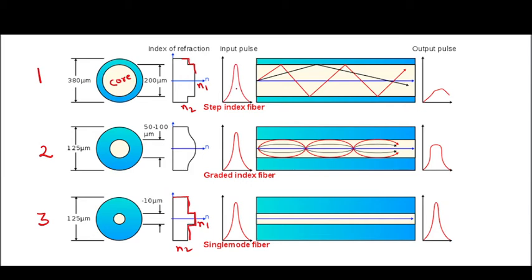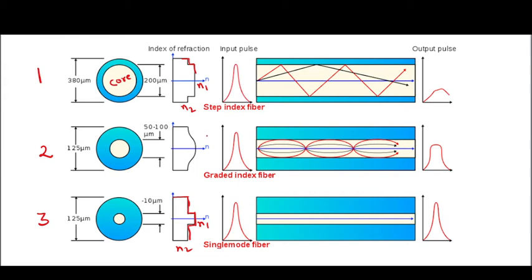Whereas in multimode fiber, in figure 1, we can see that the light is traveling quite away from the axis, and therefore sometimes the signal will reach earlier, sometimes it may reach later, and therefore this pulse will get elongated. So you can see the pulse has a decrease in the intensity also, and its shape is also changed. Okay. So to avoid these problems in multimode fiber, we have the multimode graded index fiber.